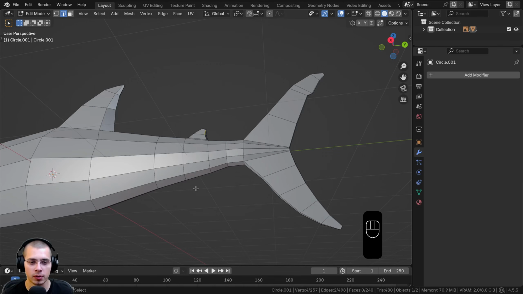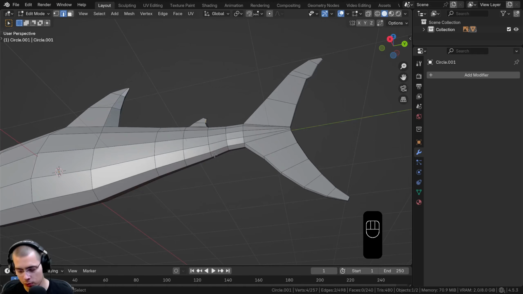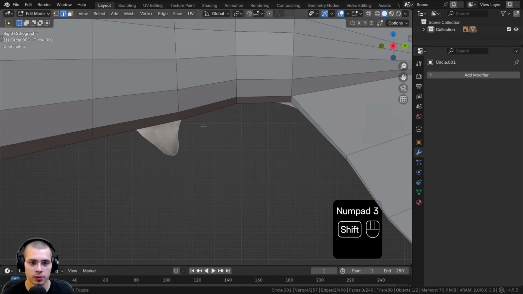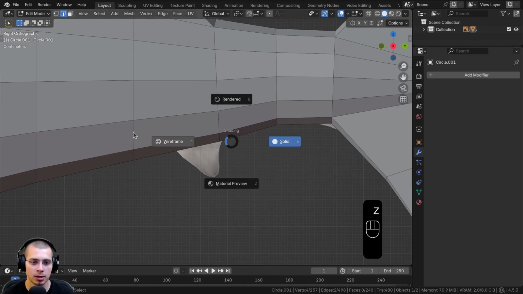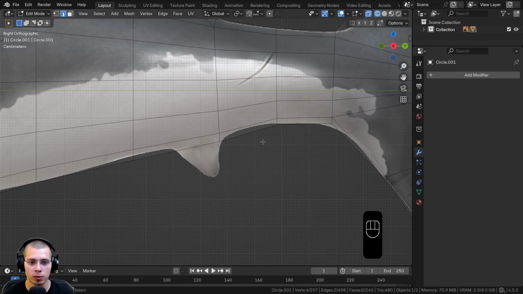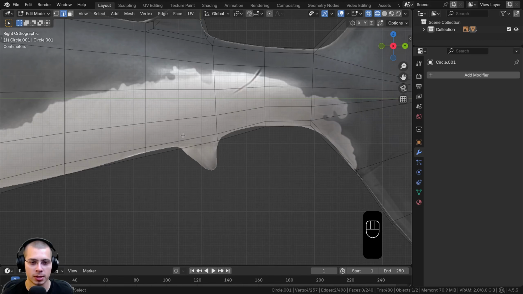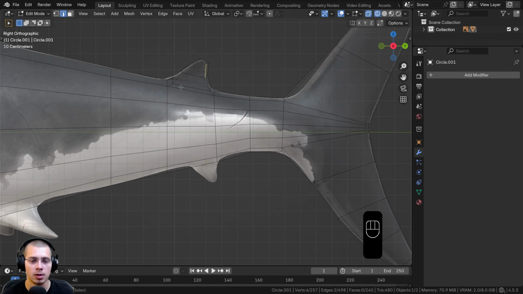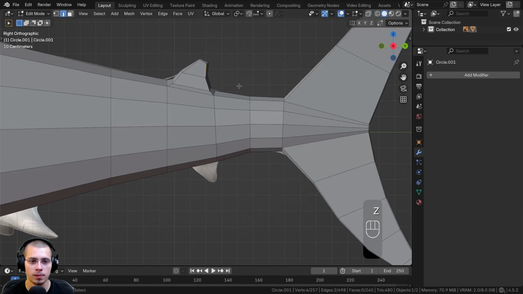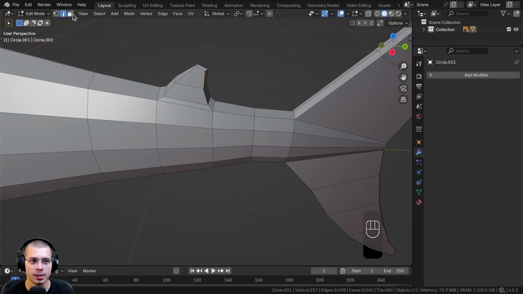So then we also have another one here on the bottom. If we hit 3 on the numpad to go to side view and kind of zoom in here, let's hold down the Z button and go to wireframe, and you can see we have one here. But this one, I'm actually going to basically duplicate it from the first one, and we're just going to stick it inside. So let's go back to solid view, and I'm going to go to the face select, and we're